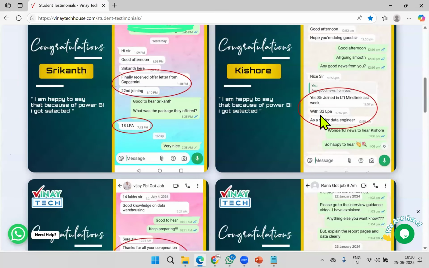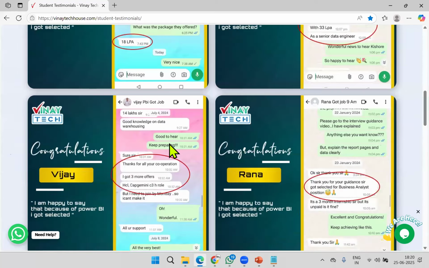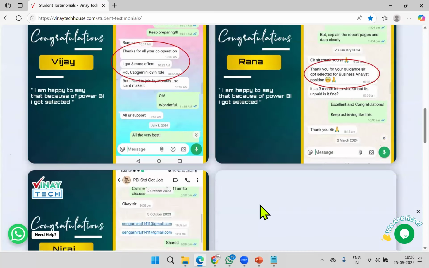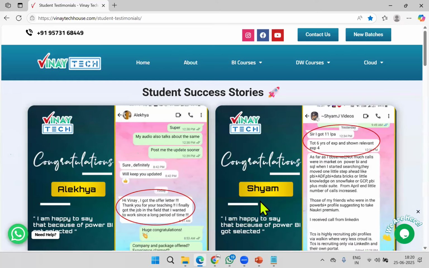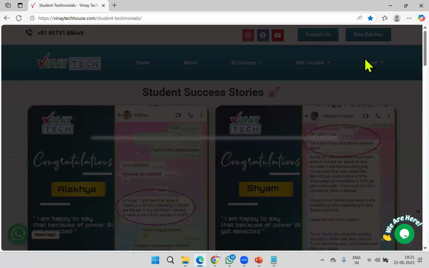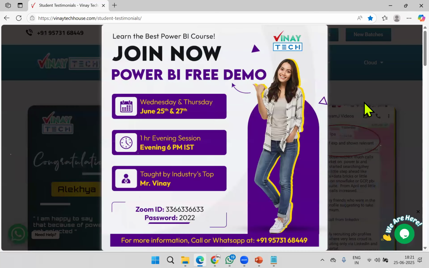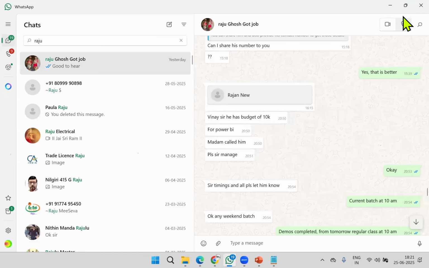So this guy, L&T Mindtree, 33 lakhs per annum. Finally reached the offer letter. Many available. Please read it so that you will get motivated. Even you will come to know about the institute. Done with. So that is sufficient.